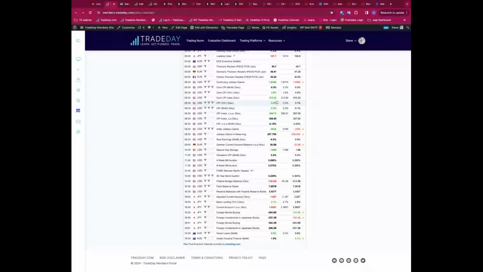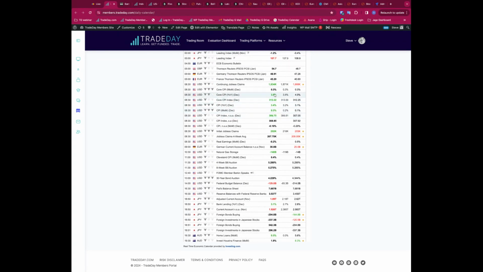We don't want to see that. Green is not good in this case because we want to see inflation coming down. What the green actually means is it's positive for the US dollar, because this is very much focusing on how it's going to affect the currency, but it's not positive for the economy. We want to see these numbers in red, and you can see mostly green. They weren't hugely above expectations, about a tenth in most places, and actually the core CPI month on month came in line with expectation. The year on year number was a tenth higher. The month on month headline data was a tenth higher than expectations, and 2/10 higher on the headline data on year.